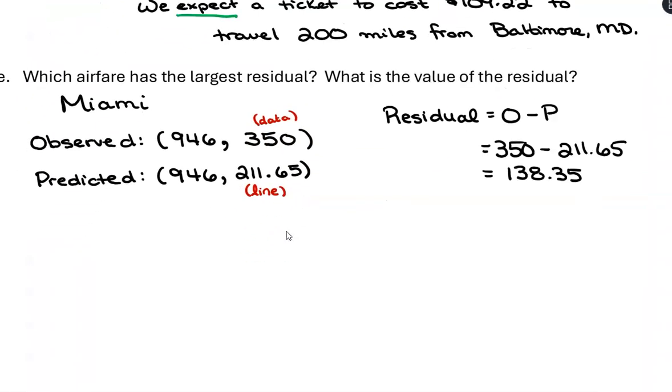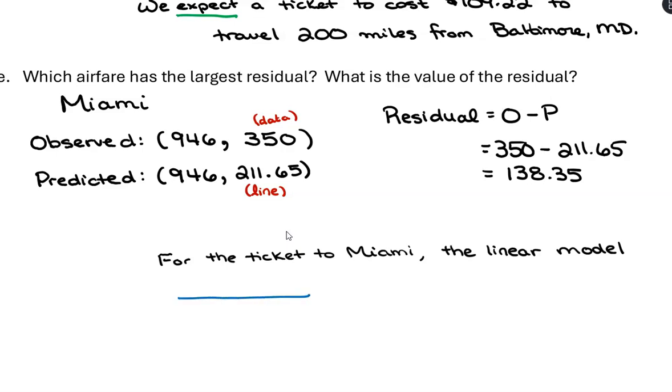So how we want to phrase this is: for the ticket to Miami, the linear model, and then we want to fill in the blank there of underestimated or overestimated, the airfare by, and it was $138.35. So even from the equation here, if you're writing out your work, you can see that it underestimated because